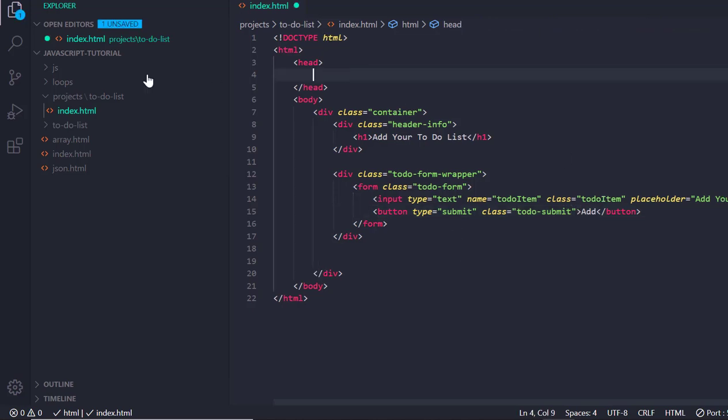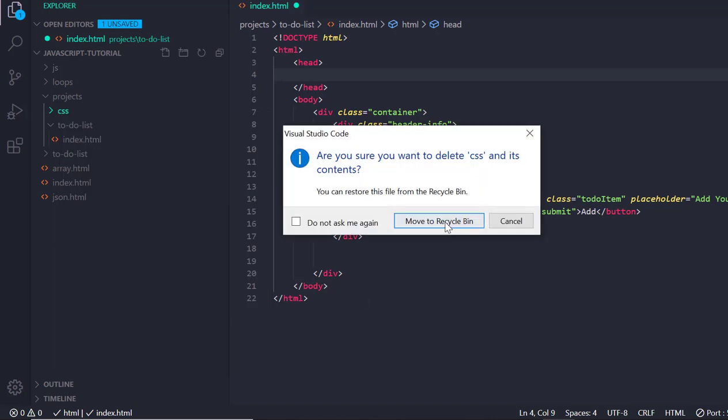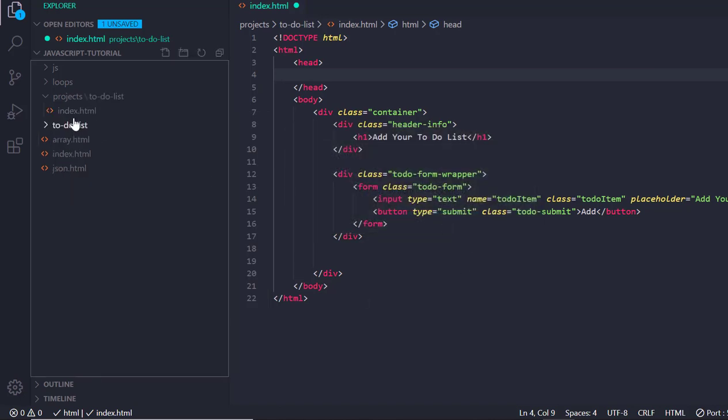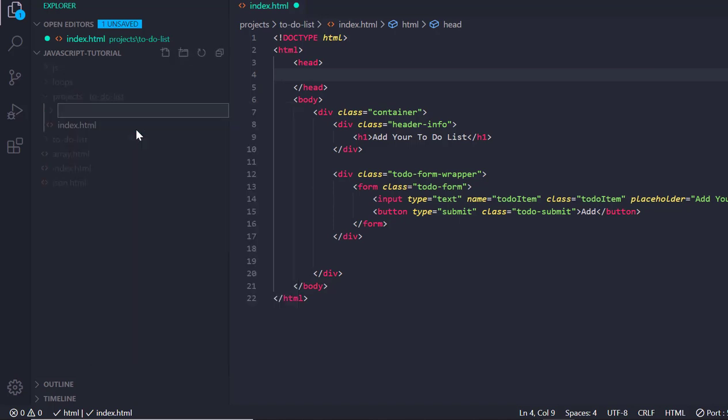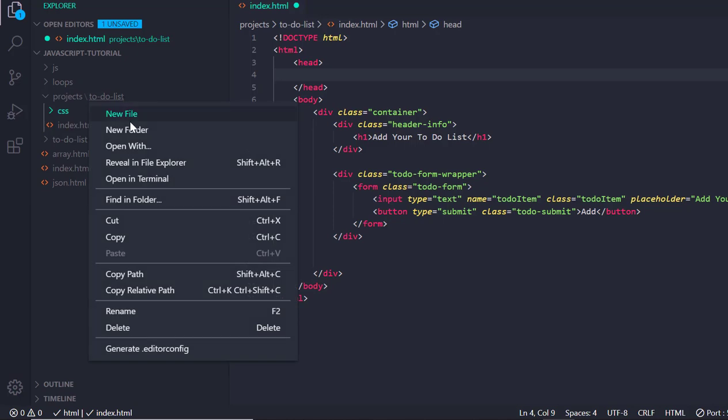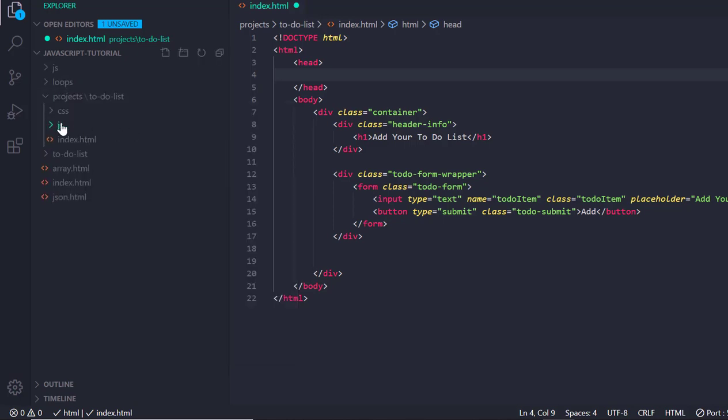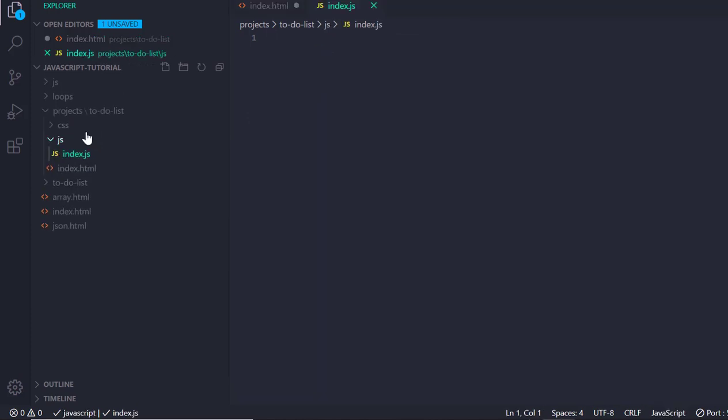Also for our link, let's add a new folder for CSS, and suppose I create it in the wrong location, so let's just create it inside the to-do list folder. CSS, and then a JS folder. Inside this JS folder, I'm going to write index.js, and inside the CSS, I'm going to write custom. Let's add style.css this time,